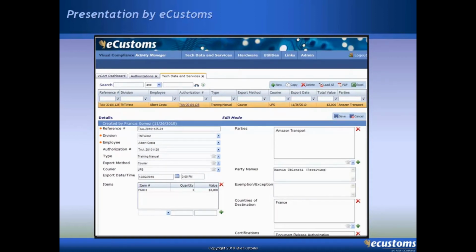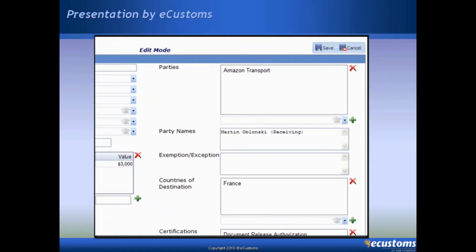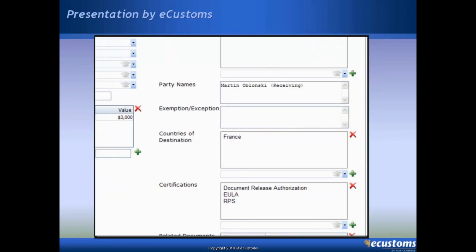Again, the information that is saved is whatever is associated with the actual transaction, the event, the parties involved, the exemption or exception used, because technically the export of technical data against an agreement is the use of an exemption, and the countries involved, and often a transaction or an email can involve multiple people in different countries, and certifications,